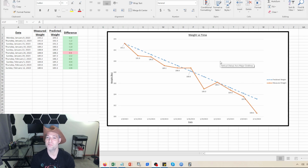So that's something else to be aware of. Don't panic when these sorts of things happen. Stay the course, make your adjustments, stay the course. And some of these fluctuations could be due to increased water retention or some of the minor factors that skewed the data. I mean, in most of these cases, we really are talking about a pound or fractions of a pound. So if you were actually to zoom out, even this bumpy line would look pretty straight. And this is another reason to only weigh in twice per week rather than trying to chase some number every day. And so all I did was follow the exact plan and process that I have laid out here in these videos. Day to day, week to week, I've explained exactly how I did it and exactly how I